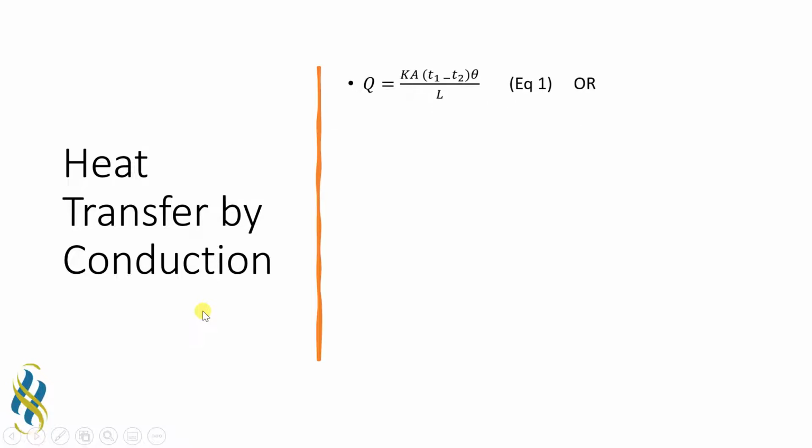When heat is flowing under steady state condition, the quantity of heat transfer is given by the following equation, where capital Q is equal to K A (T1 minus T2) theta over L, or it can be expressed as a small q equals K A (T1 minus T2) upon L, where capital Q is the quantity of heat, A is the area,